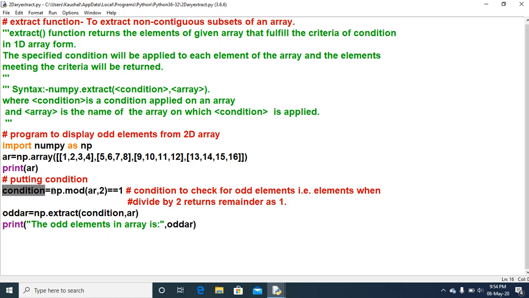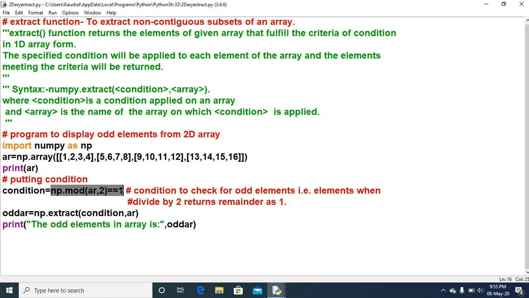So this condition will store whatever this particular criteria returns. The condition variable will store either true or false, because the condition specified is np.mod(AR, 2) == 1.